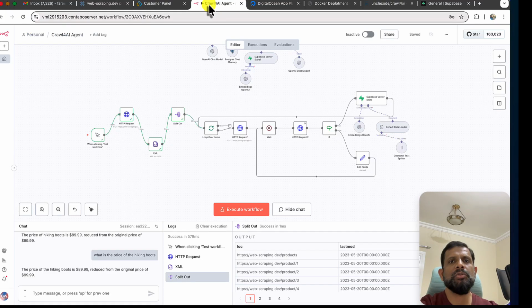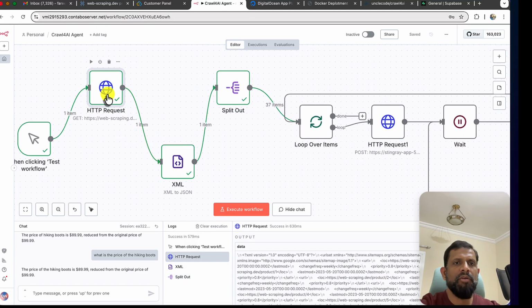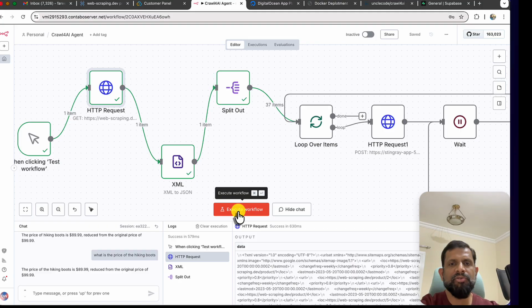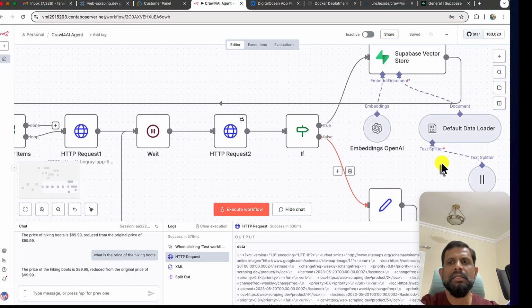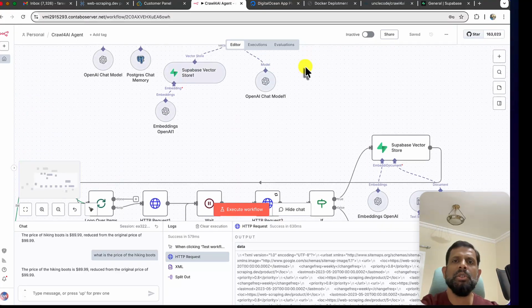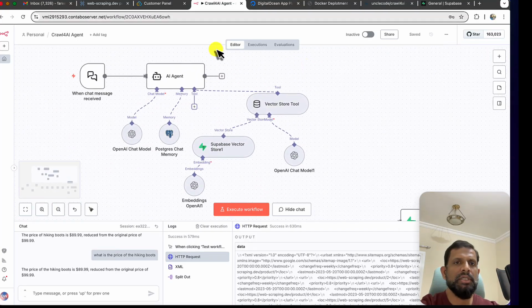So let's go to our n8n agent, and if I input the URL here in this URL section, I use method as get, and then once I execute the workflow, the whole data will flow through this n8n and then the contents will be stored in the Supabase vector store, which we will connect to the AI agent and a chatbot. So once I ask it the price